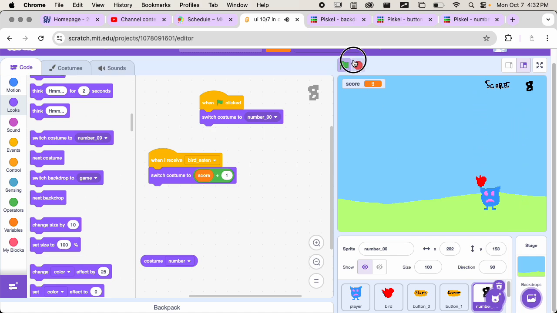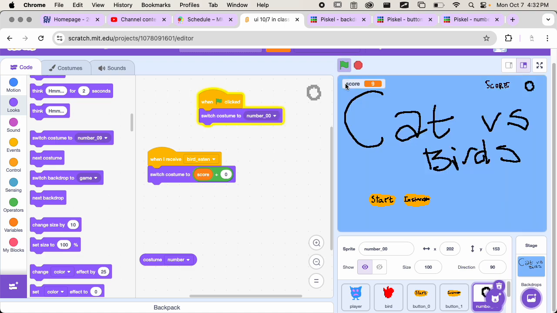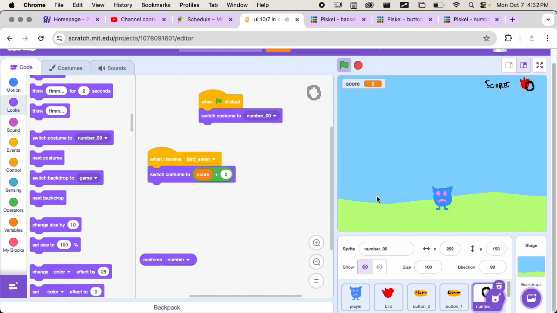So maybe we don't need to do +1? Let's see. Now we're off by 2. I think it's because it started at